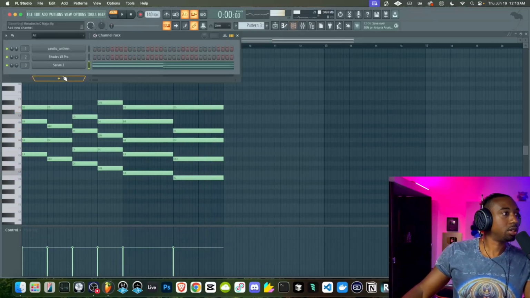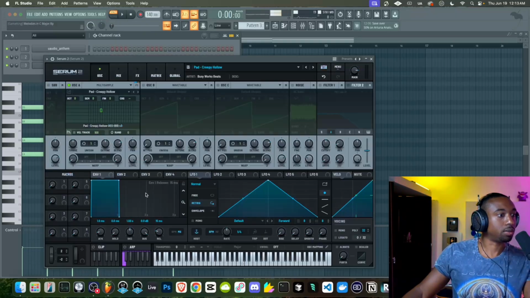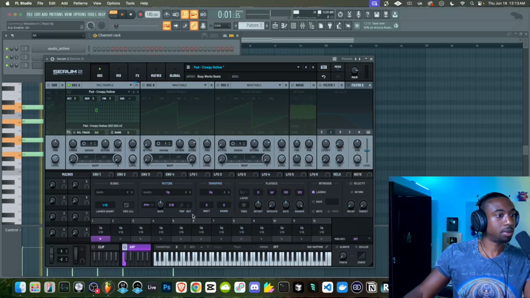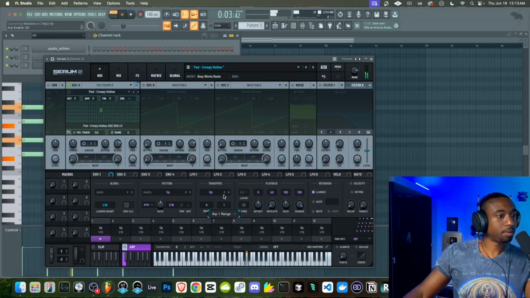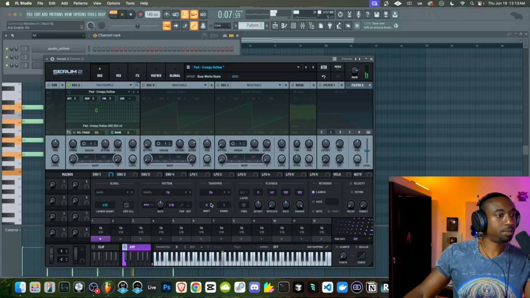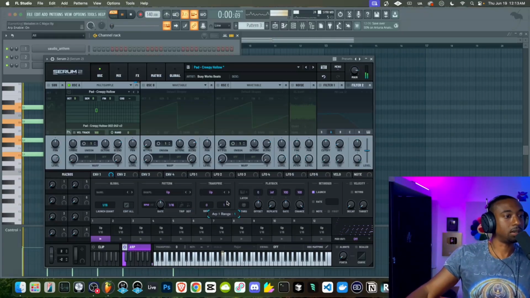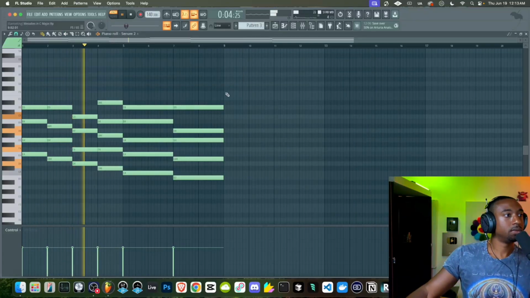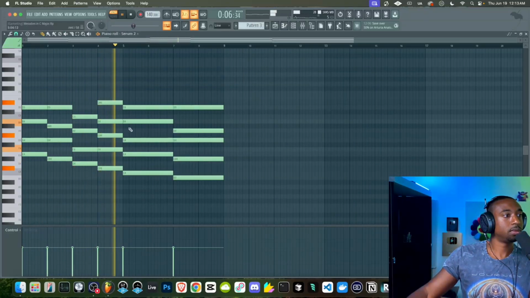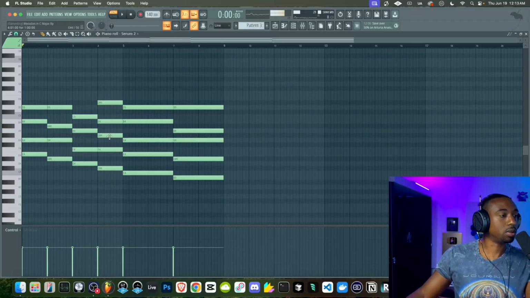So now let's create an arpeggio. Let's see if we could turn on Serum's arpeggio on the front tab. Let's go to arpeggio. Let's just arpeggiate the notes within themselves. So I like this chord, I just think there's too many notes in the arpeggio.